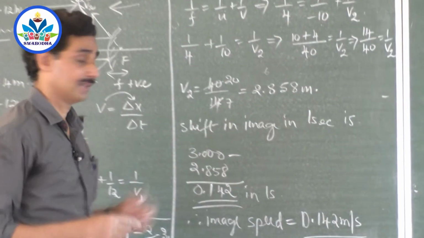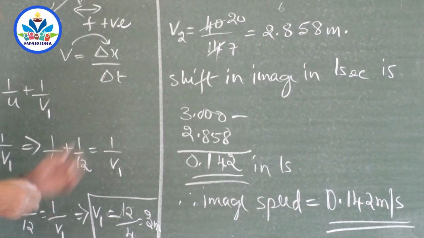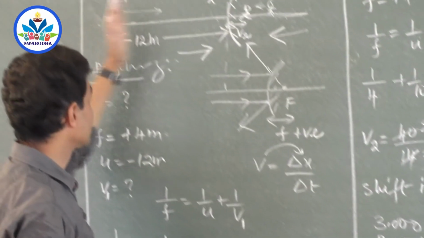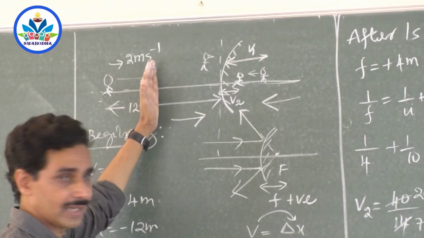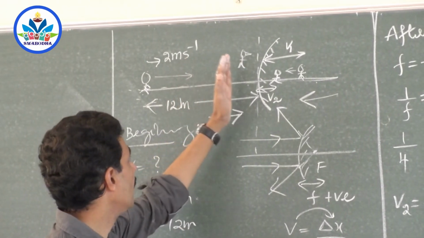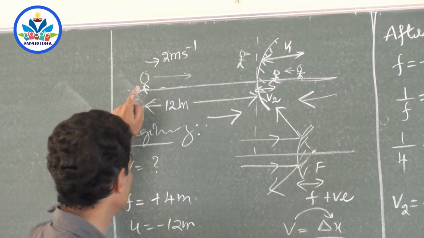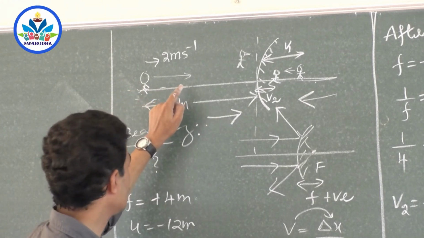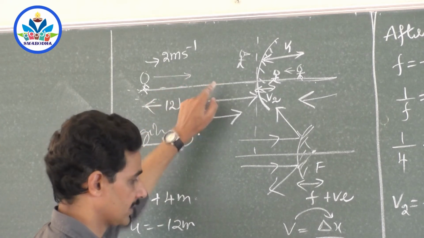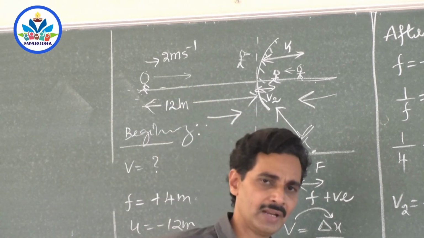But this is not the exact way because, see, what change occurs if we come back to the problem? Suppose the object was at 10 meters. If you carry on this problem in the same way, from 10 to 8 meters in the next 1 second. In the first 1 second the object moves from 12 to 10. In the next 1 second it moves from 10 to 8, right? And find out the image distance for 8 meters. Subtract it. Will you get the velocity of the image the same?